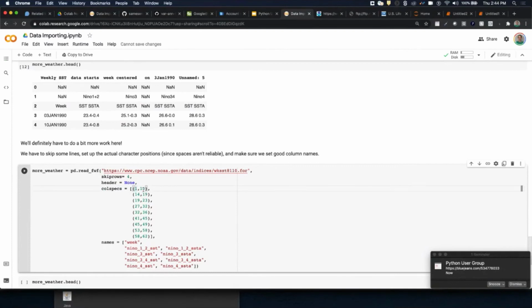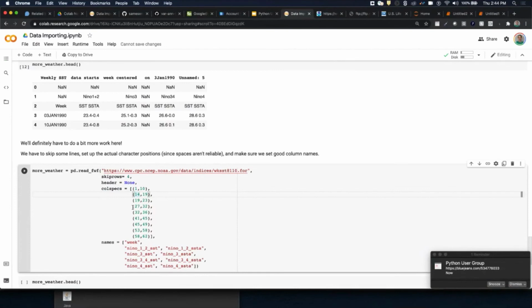So what I'm saying here is take 1 to 9 and make that a value. Here I'm saying take 14 to 18 and make that a value. Take 19 to 22 and make that a value. And this is something that is very apropos to Python. If you've worked with Python a lot, you're aware of using tuples or number pairs in this way, where the first number is where you start and it's included, and the second number in the pair is the first number that is not included, right? So up to but not including. It's a little bit tricky to get used to.